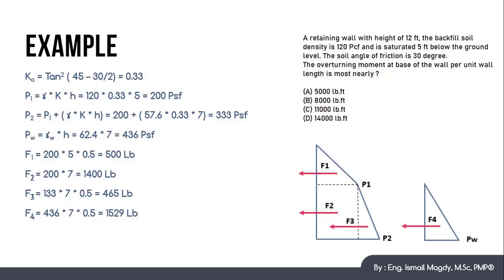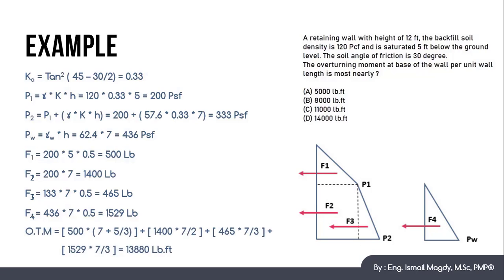1529 pound. So now we want to calculate the overturning moment, which means we will multiply each one of these forces by the arm. So this will be, as we can see here, 500 will be multiplied by 7 plus 5 over 3, because this triangle at the top here, the distance between the bottom and the centroid of this resultant force is the 7 feet, in addition to a third of this 5 feet height. So this will be 7 plus 5 over 3, in addition to